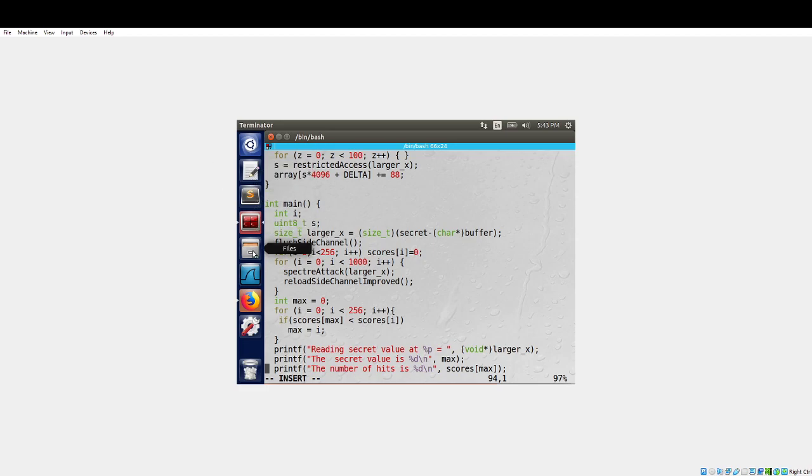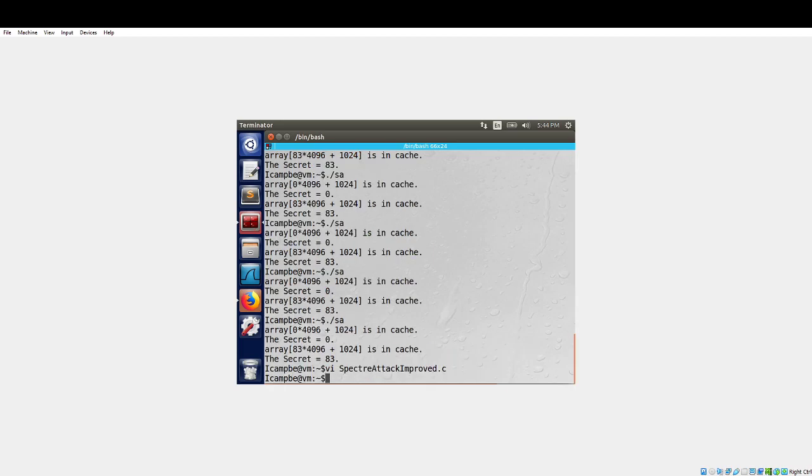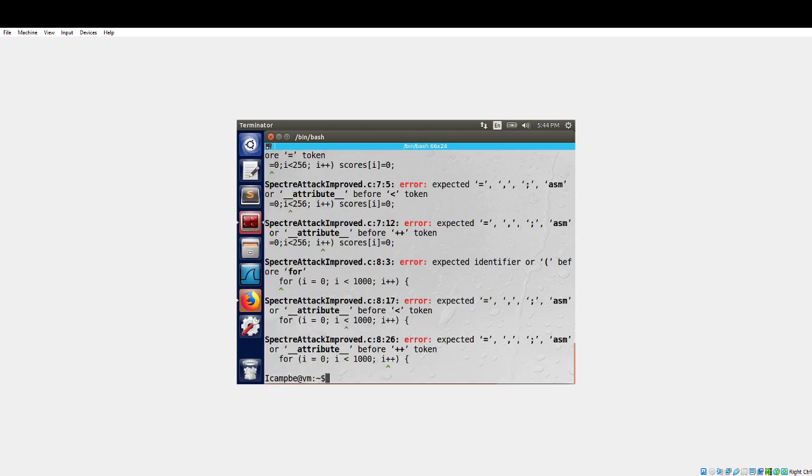So if we go back to our terminal, we can compile this. Let's call it SAI.